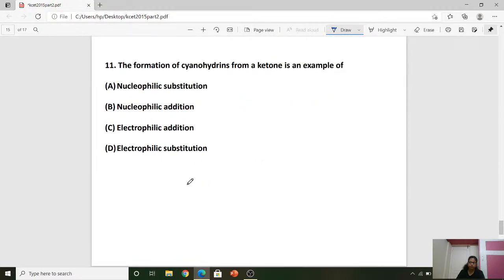The formation of cyanohydrin from a ketone is an example of which reaction? Now, formation of cyanohydrin. Carbonyl compounds react with hydrogen cyanide, isn't it? Carbonyl compounds react with hydrogen cyanide. So what do you expect? What is formed? CN minus will attack, giving O minus, then CN and O minus, and then H plus is taken,